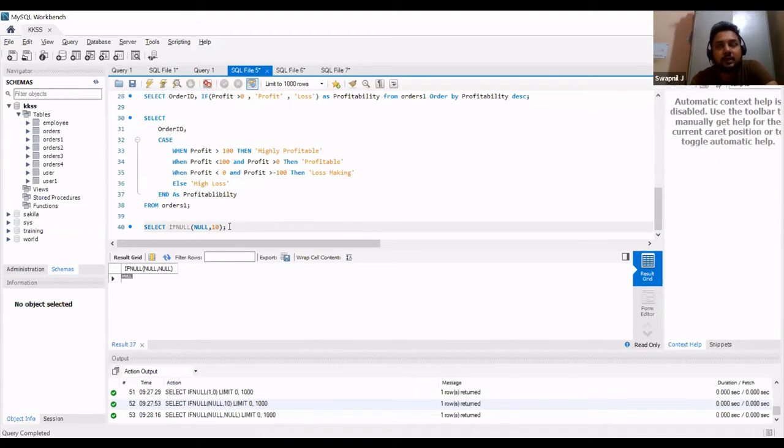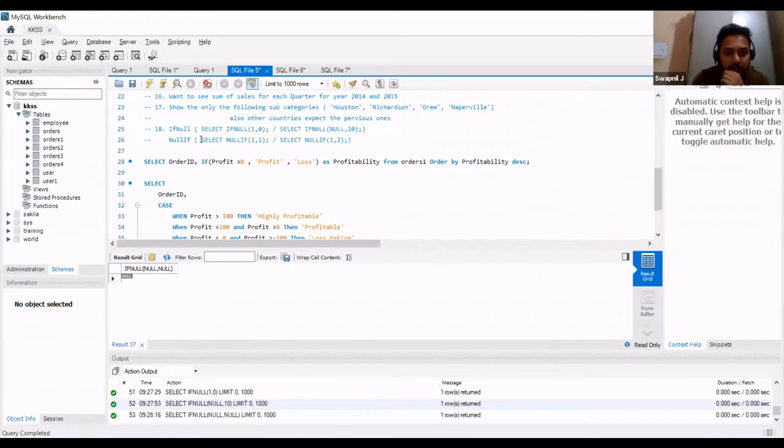I didn't get a scenario, but it could be like this. For example, we are selling a product at 3 prices, and we want to check at which price the product is sold. If the first one is null, that means we have sold the product at the second price. So it can work like that. Okay, understood.